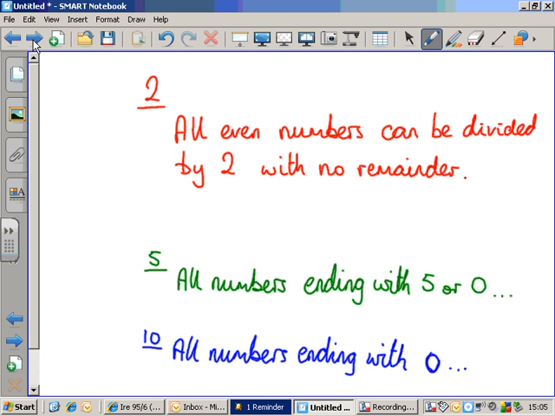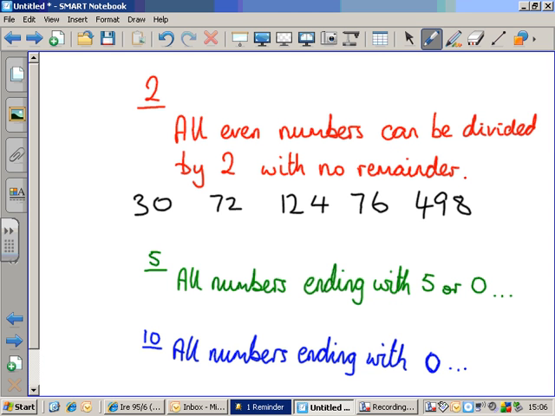So quickly, I think you know a rule for whether or not numbers can be divided by 2. The rule is all even numbers can be divided by 2 with no remainder. A number can be divided by 2 if it's even. And what are even numbers? Even numbers are numbers that end with 0, 2, 4, 6, or 8. All numbers ending with those numbers are even, so 30 is an even number. 72 is an even number, 124 is an even number, 76 is an even number,